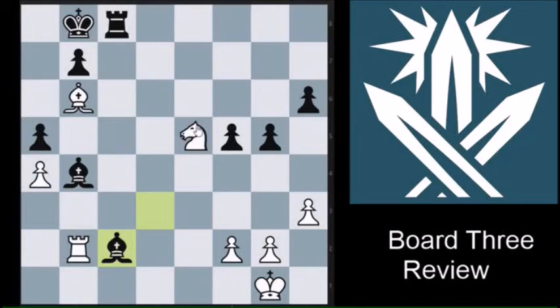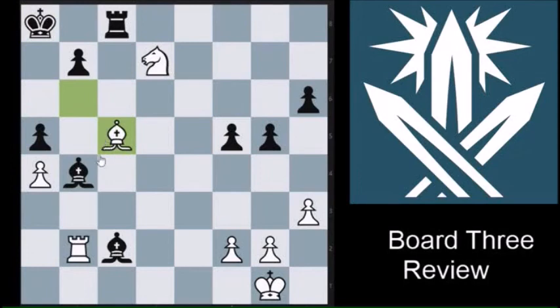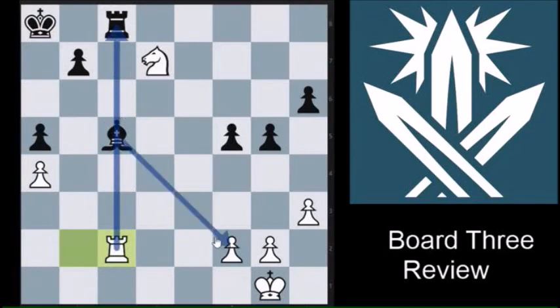black, is knight d7 check, king a8, and now bishop c5. And the point is, after bishop takes c5, white has rook takes c2, and this is pinned, and importantly, bishop takes f2 is answered by rook takes f2, and b6 is answered by knight takes b6 check when the